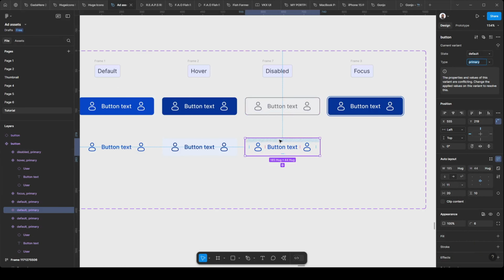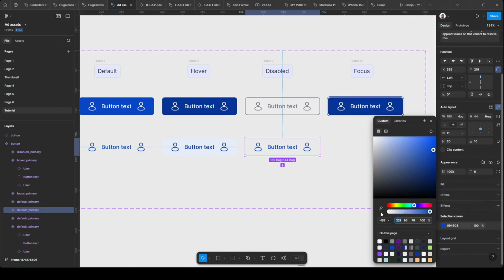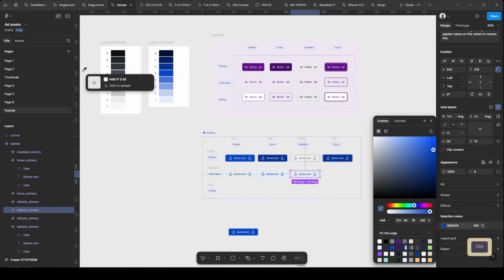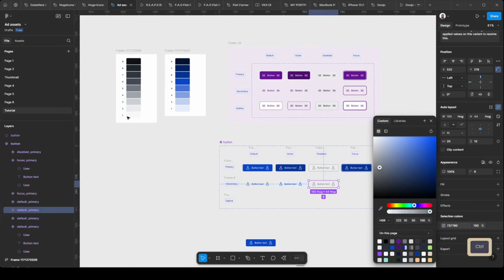Then this time around we're going to create the disabled. So all we have to do here is just create the disabled and let it look exactly like this, just without the stroke, right? So I'm going to change everything that looks like blue. As you can see, I'm using the selection colors to pick it because it's easier that way. So I'm going to change it to 5. Is it 5? Yeah, it's 5,